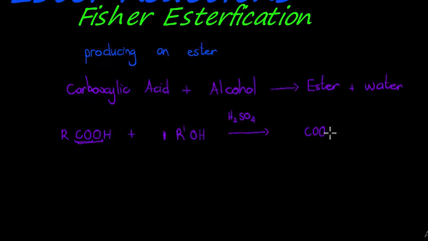Esters have the base in the name and also an alkyl group, and the base is the carboxylic acid's base, and then the alkyl group is the alcohol's base. Okay, that will form the ester. But what we also have forming is water,